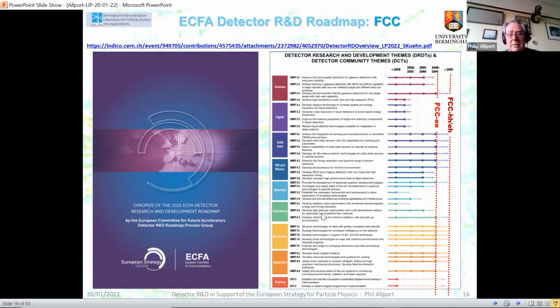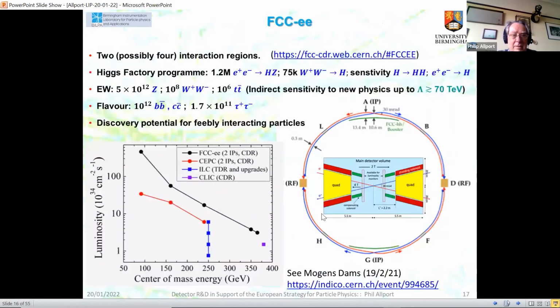And the European model for what that should look like is embodied in the Future Circular Collider, which would be a two-stage program with first an E+E- machine in a 100-kilometer tunnel, which would then be available to install a Hadron Collider on a later timescale. So I will first start talking about FCC-ee, and here the idea is to have two, but increasingly the idea, the option of 4 is being explored: